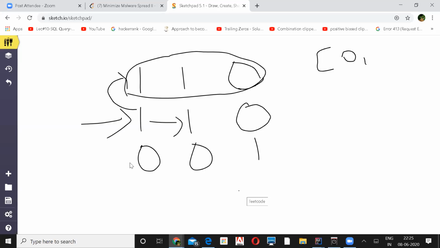But I will return value 0 because if you look at 0, you are infecting 4 nodes. If you look at 1, it is also infecting 4. But as per the problem statement, I have to return the lesser index when they are the same and they are the highest value. So 0 will be the candidate. Right, Shashank? Yeah, it should be. Okay.